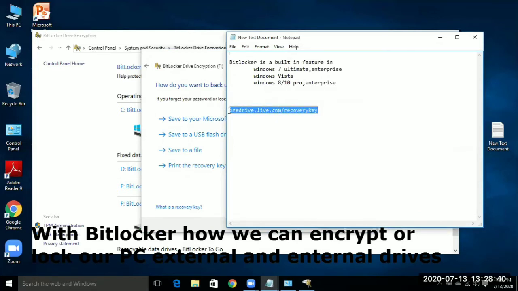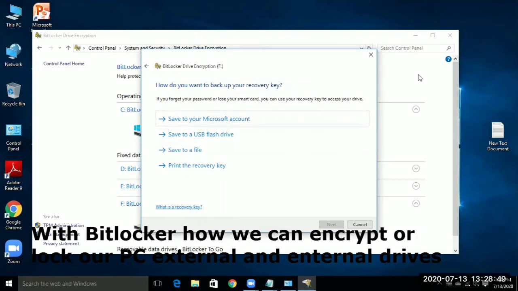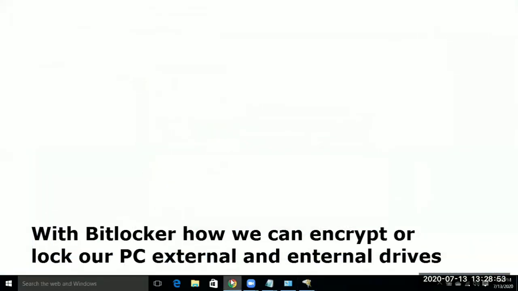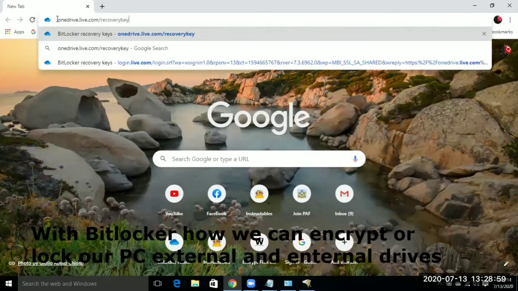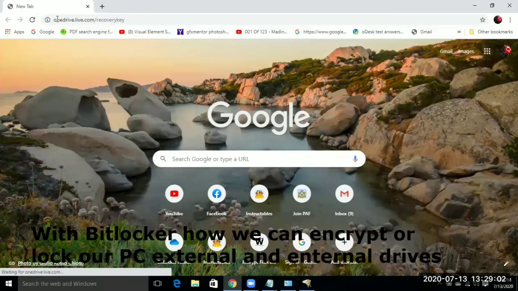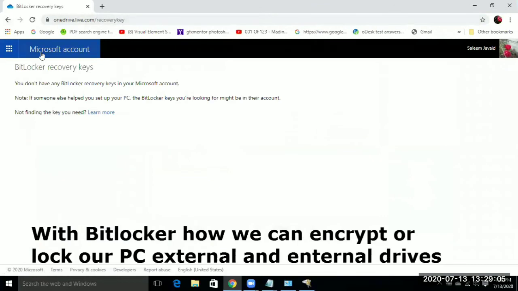If we put that in my browser and click enter, our recovery key with the Microsoft account will be showing over here, and we will copy it. And that recovery key can also be used instead of our password, which I will be showing. Close it.